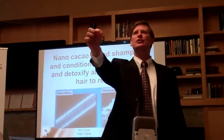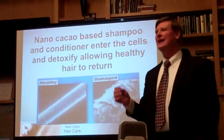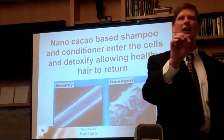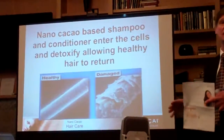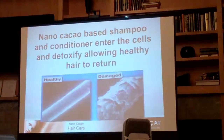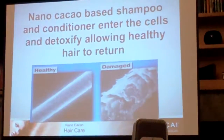And get into the cell. That's it. That's good. There's a whole lot of chemical terms, a lot of definitions. It's this simple. A nano is a particle so small it can enter the cell, and then it can do something from the inside out, just not stripping electrons on the outside. So nano cacao-based shampoo and conditioner enter the cells where they detoxify at the cellular level, allowing healthy hair to